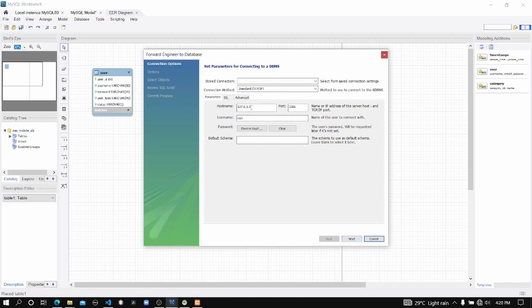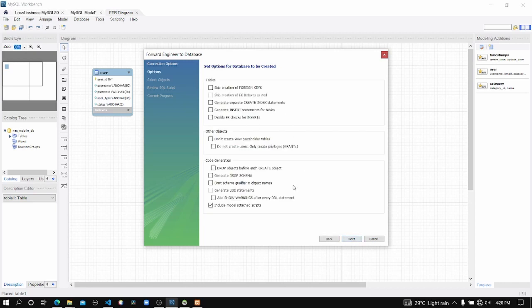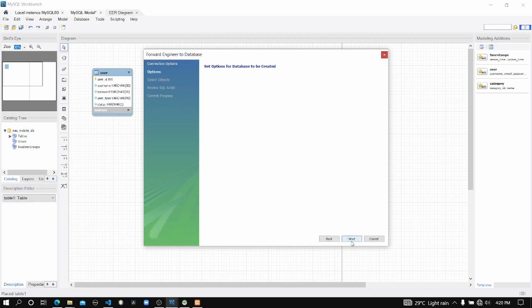My details are already here, so I don't have to do anything in this window. If there's nothing in your software or the window, you have to give your credentials to access the MySQL server and then press the button next. Okay, here we don't have to do anything in this window.